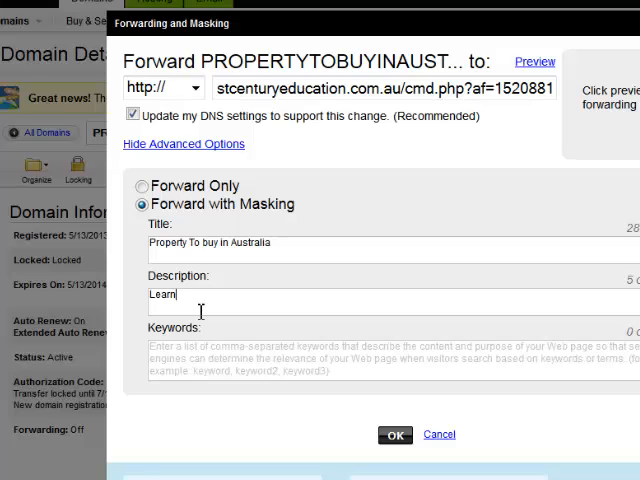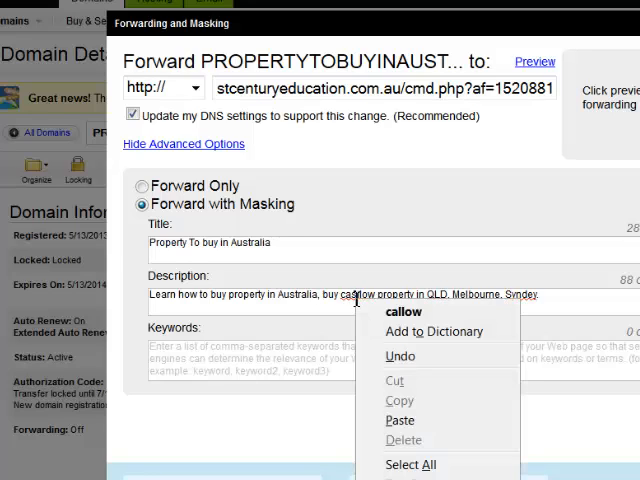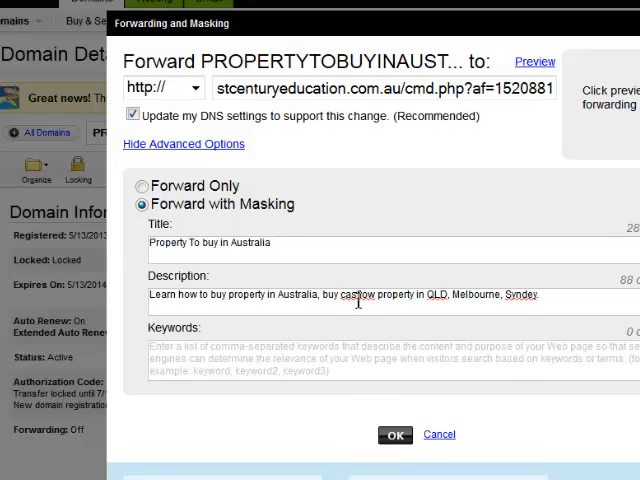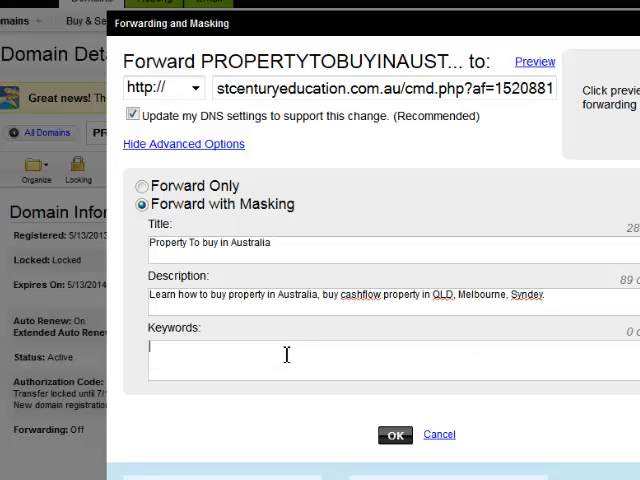Description, learn how to buy property in Australia by cash flow property in Queensland, Melbourne, Sydney, for example. So it's a matter of just typing in what it is you want in the description. Cash flow, fix that up. And the keywords,